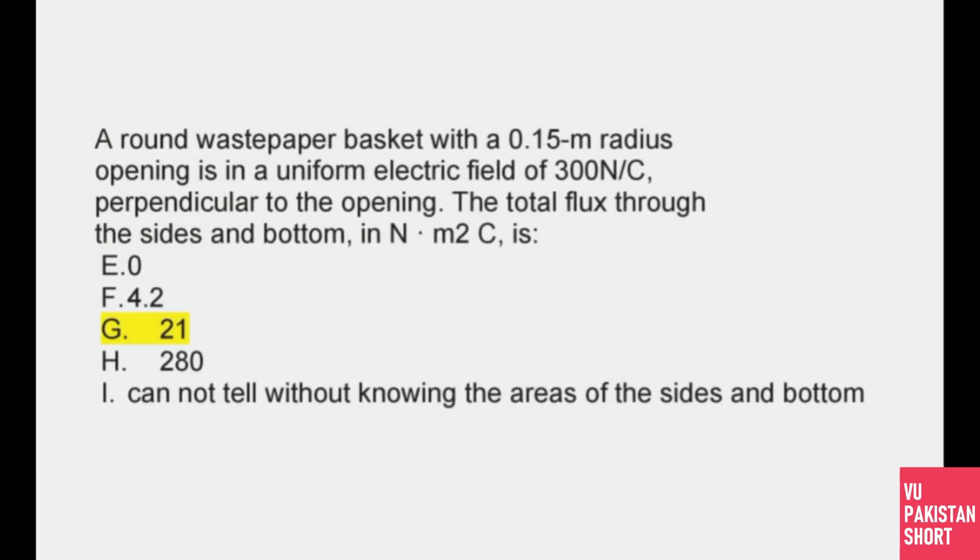अब a round waste paper basket with a 0.15 meter radius opening is in a uniform electric field, कितना है वो, 300 N/C, perpendicular to the opening. The total flux through the sides and bottom in Nm²/C कितना होगा? वो होगा आपका 21। सही आंसर आपका होगा।